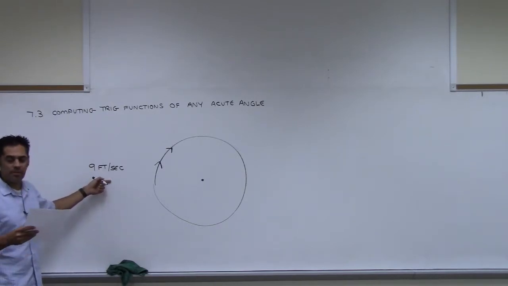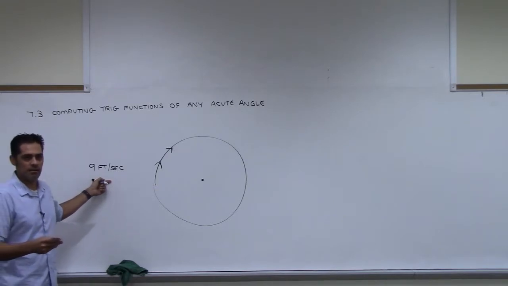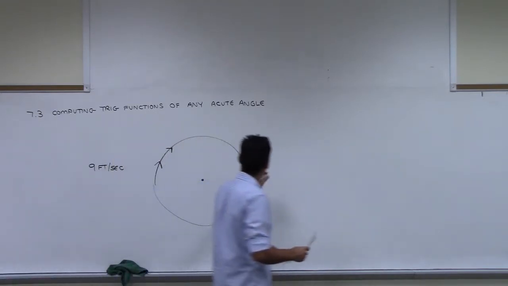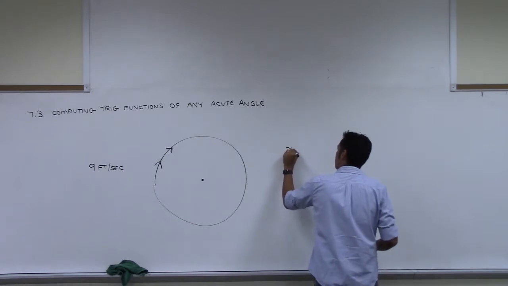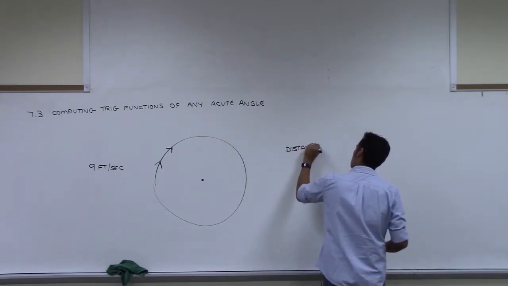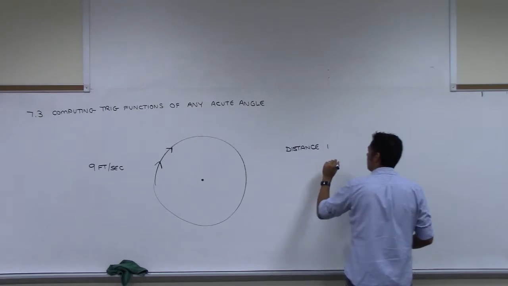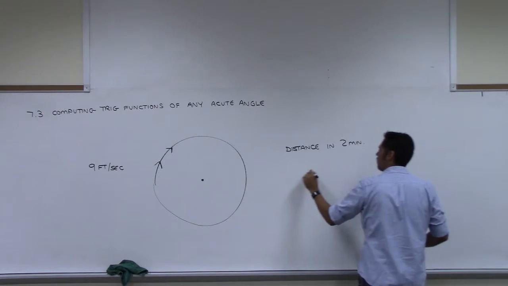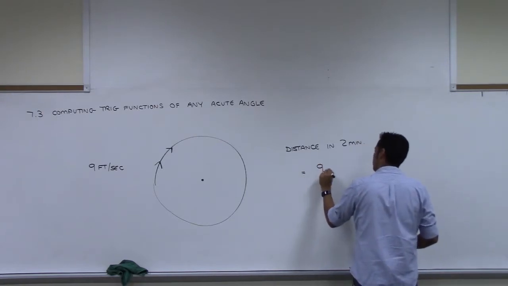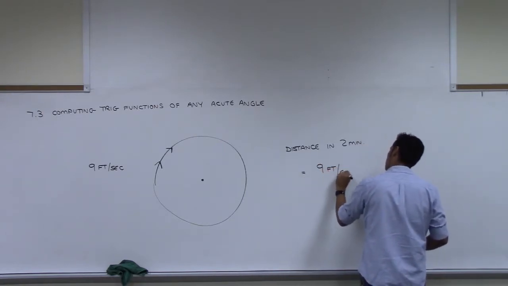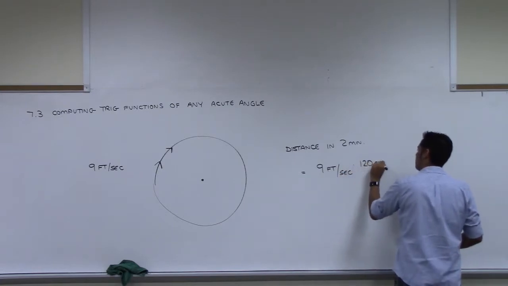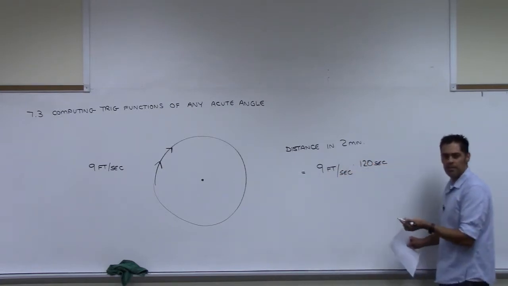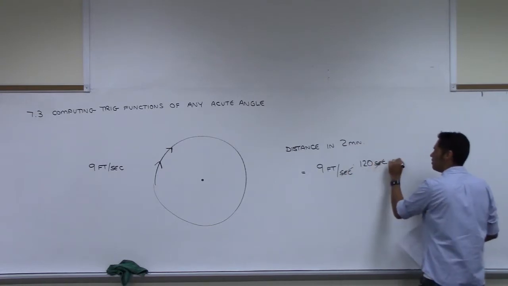It takes him 2 minutes to do 1 lap. That's very important information. That means it takes him 120 seconds to run around this track, right? 2 minutes is 120 seconds. So the question is, what's the distance he travels in 2 minutes? It's 9 feet per second times 120 seconds. So you had to realize you had to convert from minutes to seconds. Your seconds cancel, so he's gone 1080